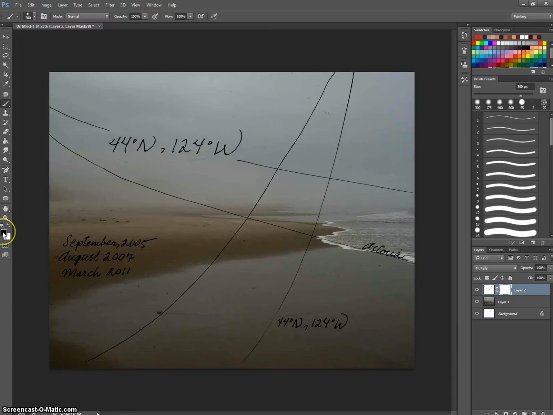So I want to make sure that black is my foreground color. If I wanted to add it back, I would use this flippy key to get the white in front of the black. Now I don't want to erase all of this at once, I want to do it gradually, so I'm going to drop down my opacity. I can make my brush bigger with the bracket keys or smaller with the bracket keys. And I'm just going to begin